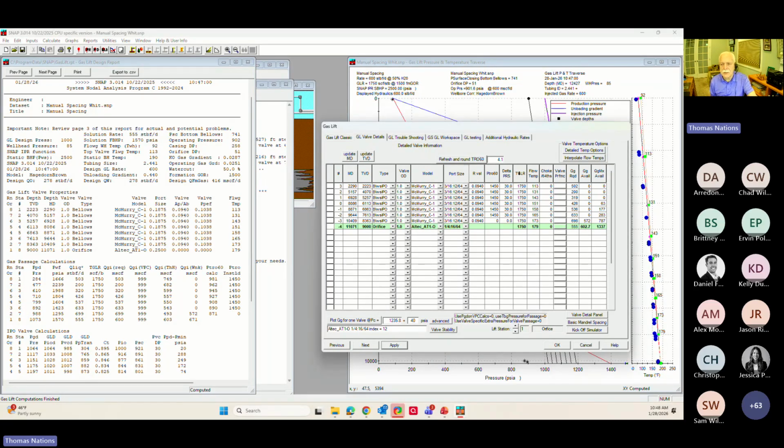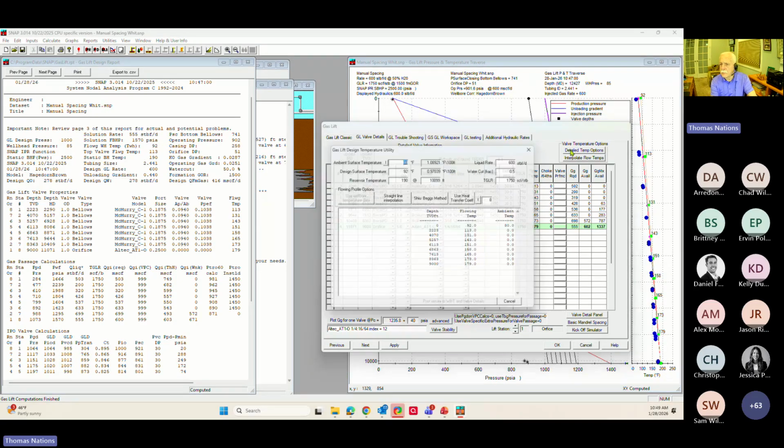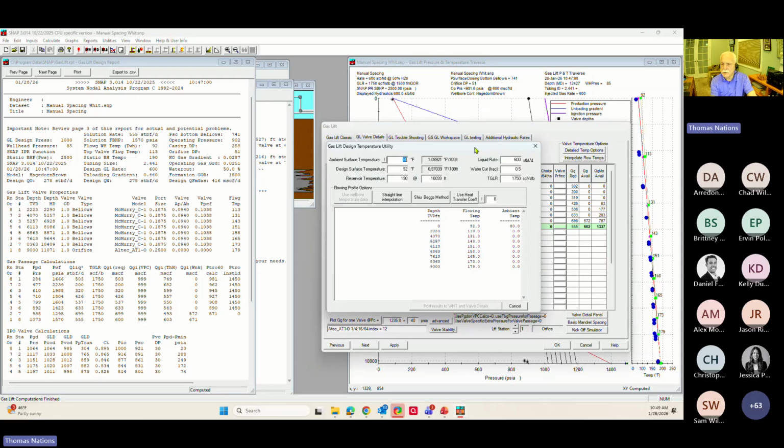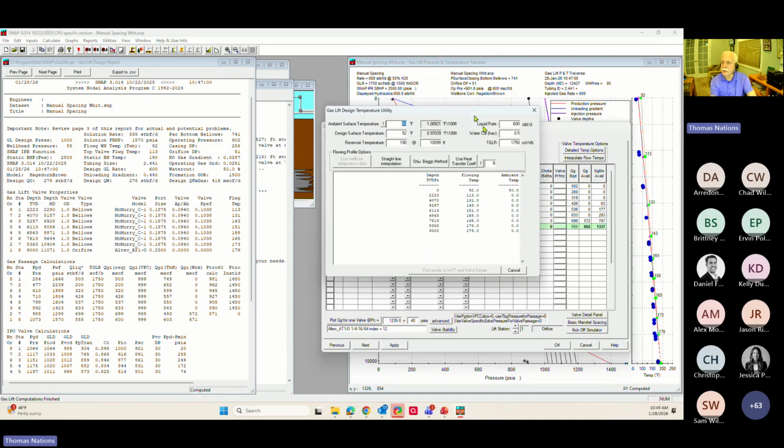When we put those valves in the well, they're going to operate at what we have calculated as the flowing tubing pressure at the gas lift valve depths. So what we must do is calculate as best we can what those set pressures are, or what those temperatures are, sorry. So here's a little utility right here, detailed temperature options. And the best correlation, or really the only one available right now for calculating this, is by Dr. Beggs and a grad student named Shiu,